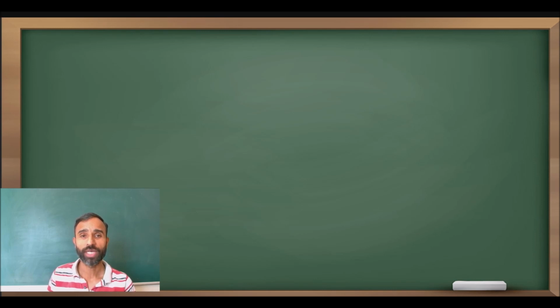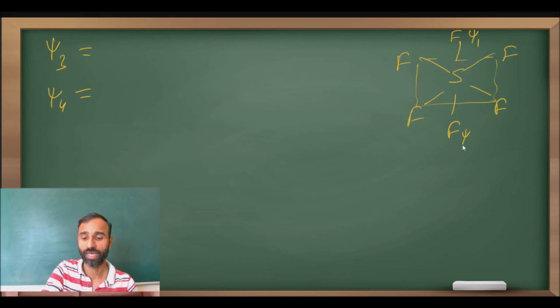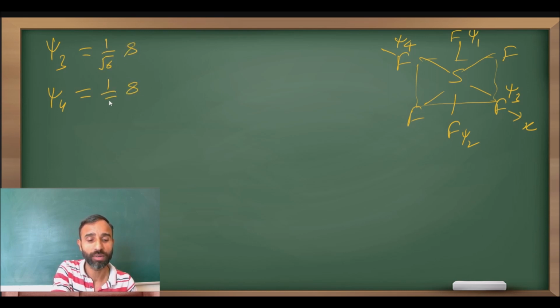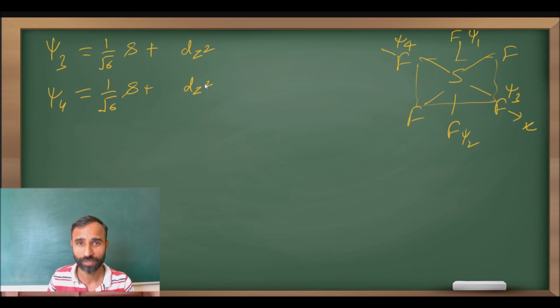तो बात करते हैं अब psi 3 एंड psi 4 की. इन दोनों को हमने psi 1 और psi 2 ले लिया था. अब मैं x एक्सिस को लेता हूं, psi 3 और psi 4. psi 3 एंड psi 4 जो भी हाइब्रिड ऑर्बिटल्स हैं x एक्सिस के ऊपर, उनको ले लिया मैंने. तो x एक्सिस की बात करेंगे तो कौन कौन से ऑर्बिटल का कंट्रीब्यूशन होगा? एक तो s, का हमने ऑलरेडी फाइंड आउट कर लिया है, 1/√6, 1/√6, और dz स्क्वायर का कंट्रीब्यूशन भी we have already calculated, कितना था,